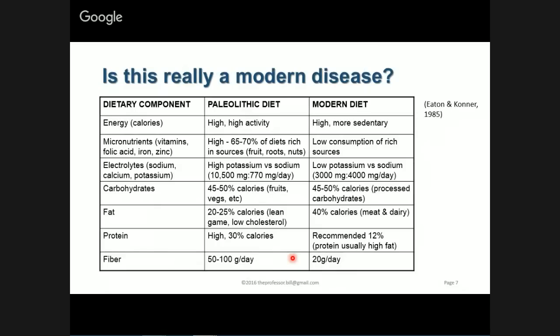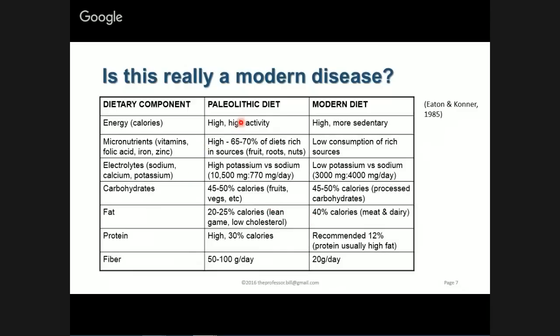So one question has always been, because I told you that metabolic syndrome is a growing concern, and certainly in your generation, when you're out working, you're going to encounter this as a growing epidemic. So I showed you that the rates of obesity were increasing. Is this really a modern disease? And there's some evidence to suggest that our diets do play a role. So I told you at the outset, is it genetic or is it because of our diet? So we know, for example, that